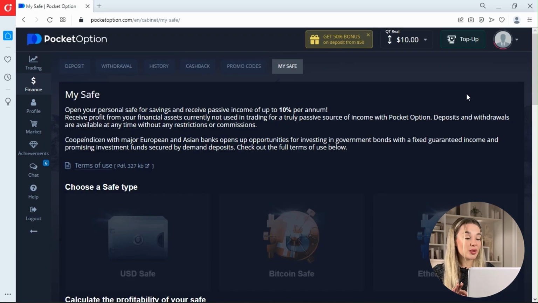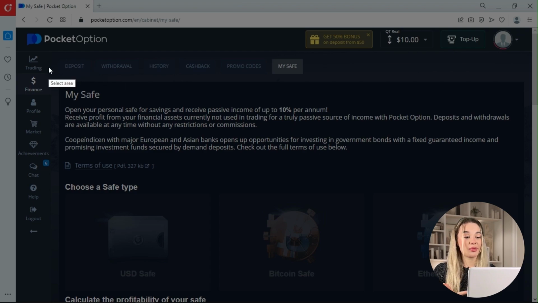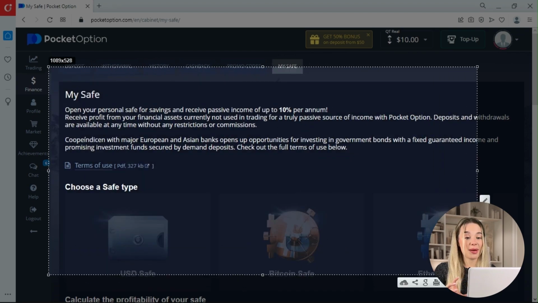The Save is another way to earn money. So you can invest by putting money in the Save and receive passive income. It offers a 10% annual return, which is excellent compared to some other platforms. I recommend reading the detailed conditions described in the PDF file beforehand, so be sure to download and read it